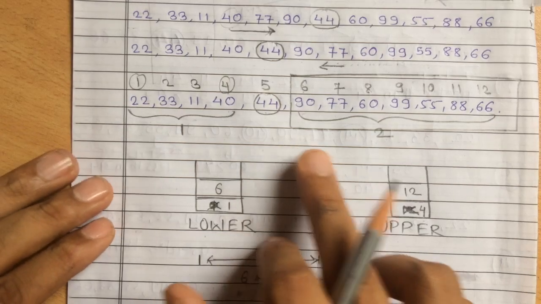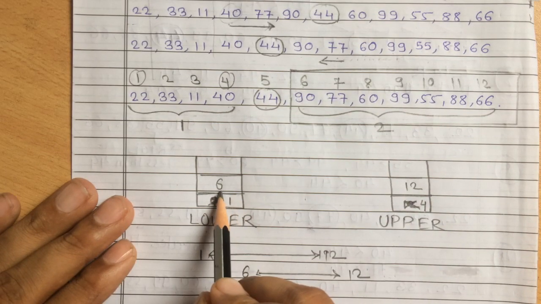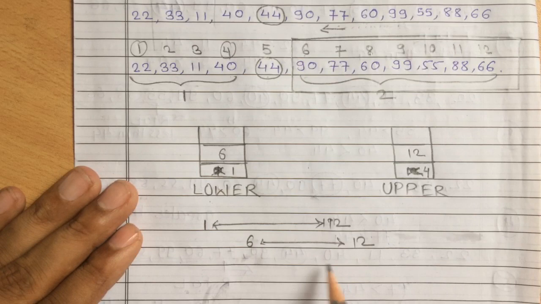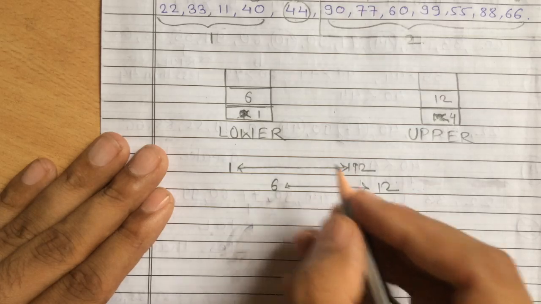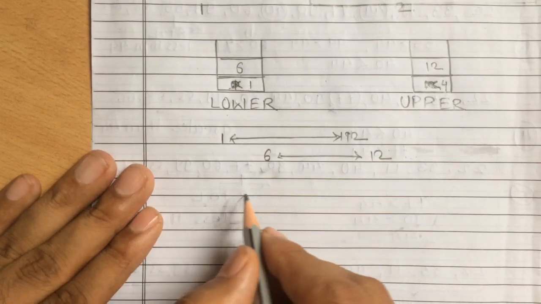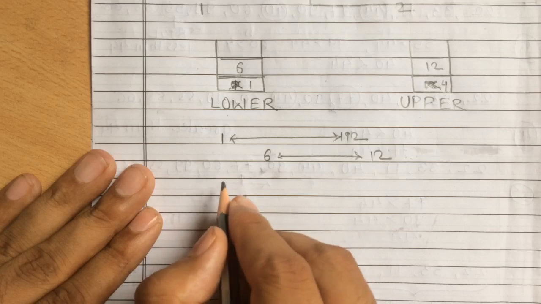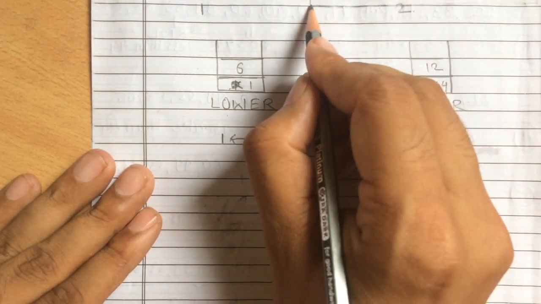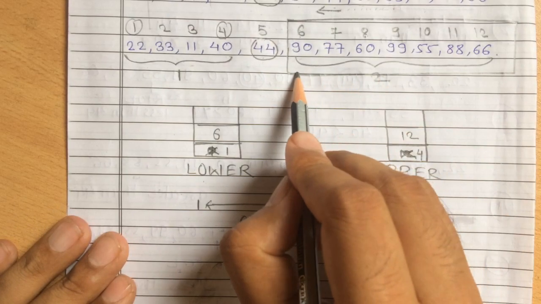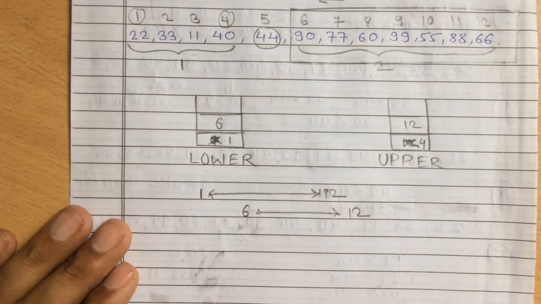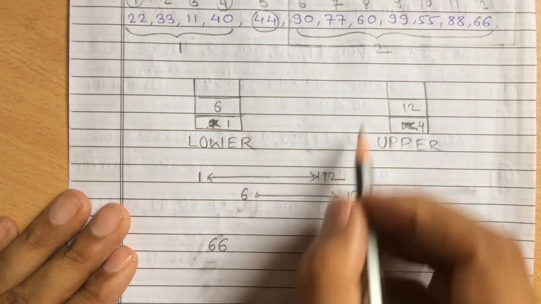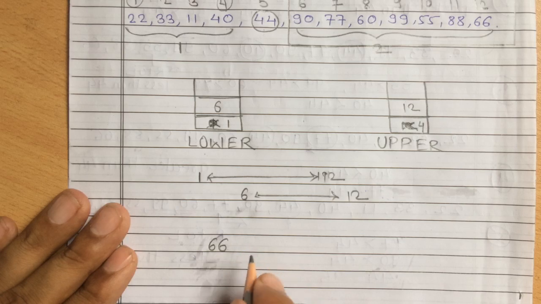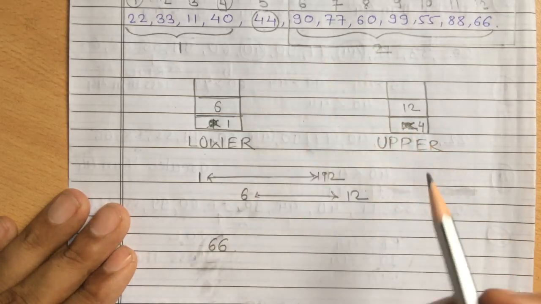As I said, we have to push this 6 and 12. After pushing this 6 and 12, what sublist do we get? I will directly write the final position of the 90. That is, we get the sublist after applying the reduction step on this sublist. I'm not showing the steps again. I will directly show the final list after applying the reduction step on sublist 2.